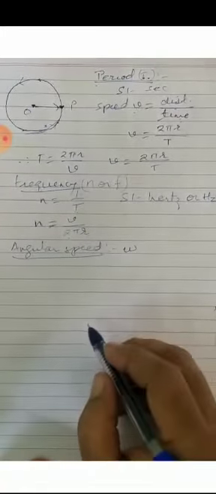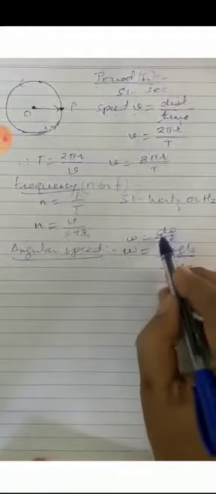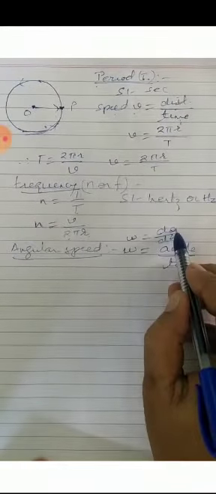We have seen yesterday angular velocity, and it is denoted by omega. We know linear speed is nothing but distance upon time. Similarly, angular speed is nothing but angle upon time. We have seen the formula for omega as d theta by dt, meaning rate of change of angular displacement with